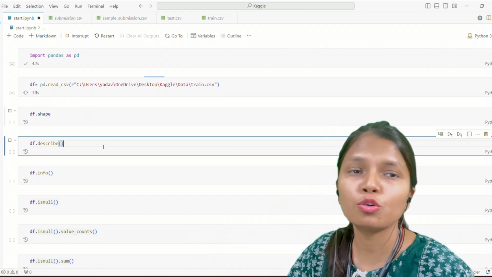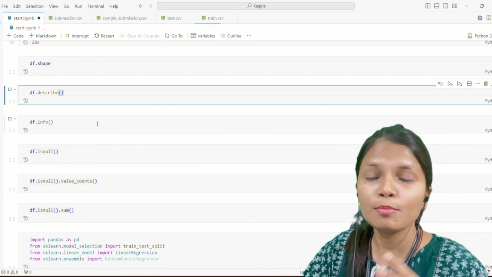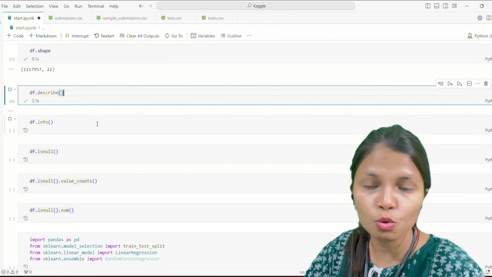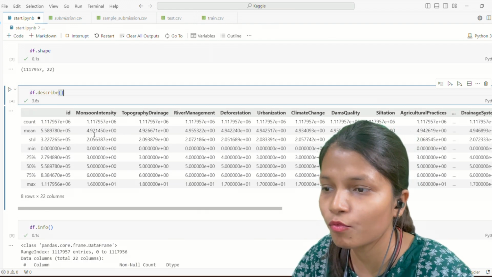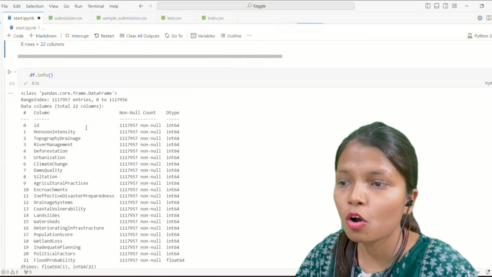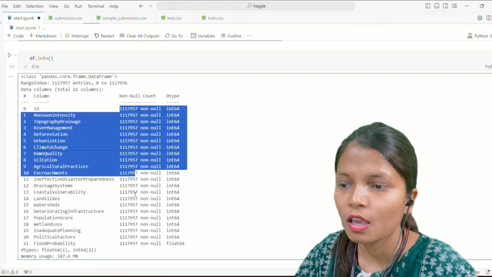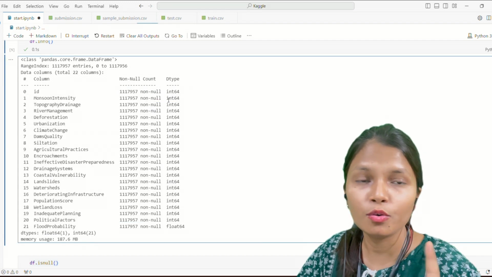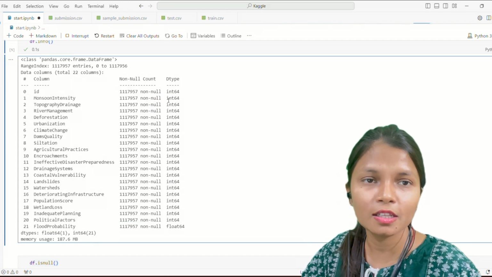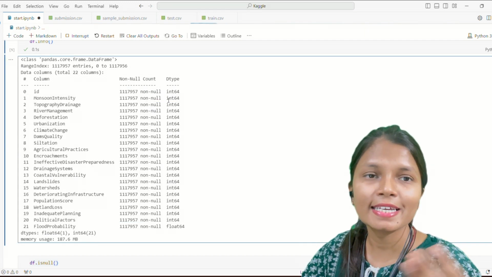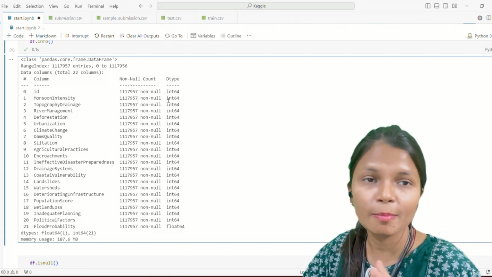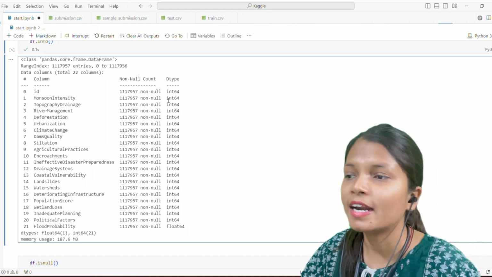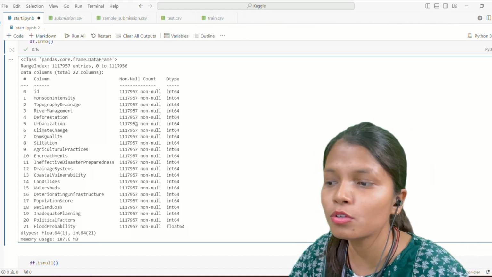Then I'm using info to check if there is any missing value or not, and I'm using the original data from the Kaggle website. I figured out that there is no missing value in this. If you can see in the info output, there was no missing value. All the columns have the same number of entries. Another thing to notice here is that the data type is integer, and we do not have to do one-hot encoding or any other transformation of the data. So data manipulation is not much required, nor is data cleaning or missing value handling. So you directly have to switch to the next step.